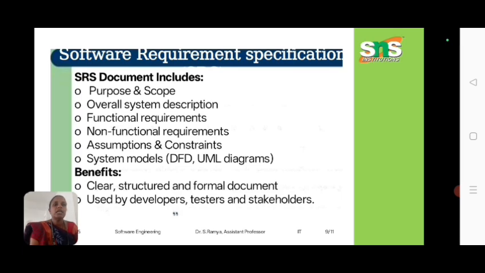It acts as a blueprint or contract between the stakeholders, that is the client, product owners, developers, testers as well as the project managers. It clearly defines what the software must do, how it should perform and what constraints apply, without prescribing how to implement it. The SRS bridges the gap between the high-level business needs and detailed technical work. It helps prevent scope creep, miscommunication, rework and costly defects by making the requirements unambiguous, complete, verifiable, consistent